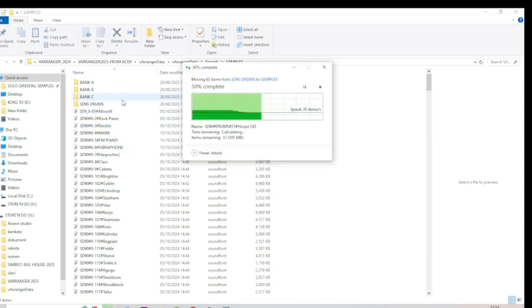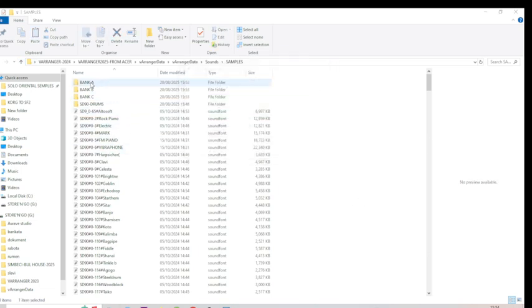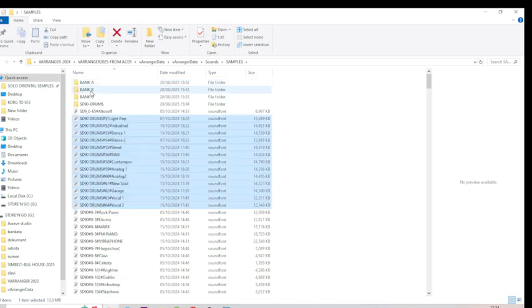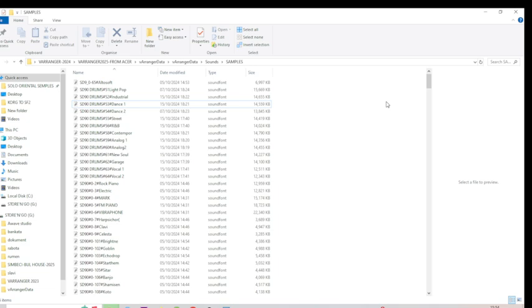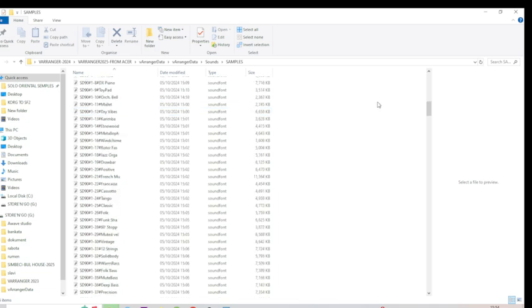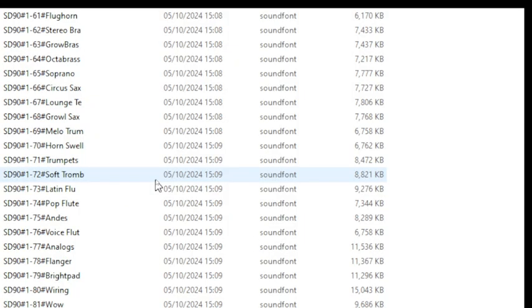Yeah, and now this folder will just be deleted. We take it off from here, just delete. So now all the samples are unpacked, to be natural like that. SoundFont,